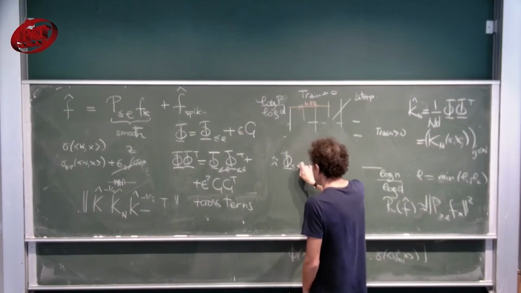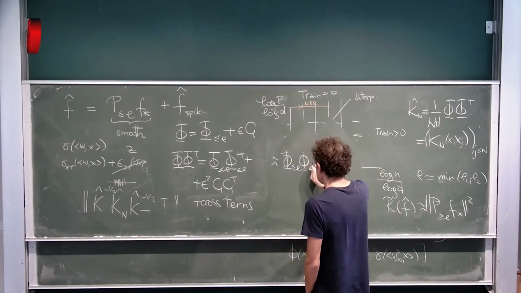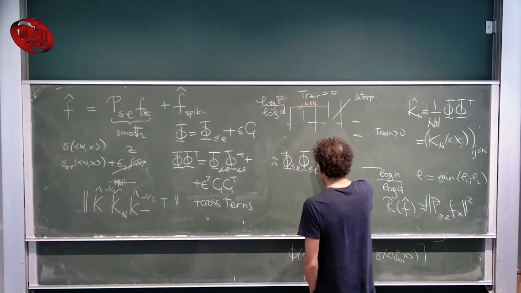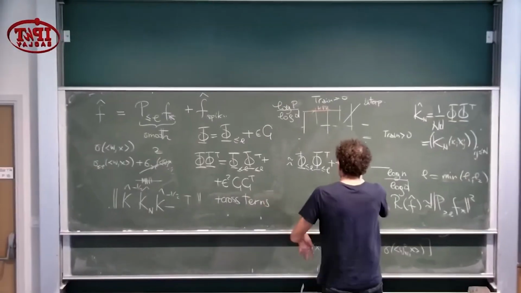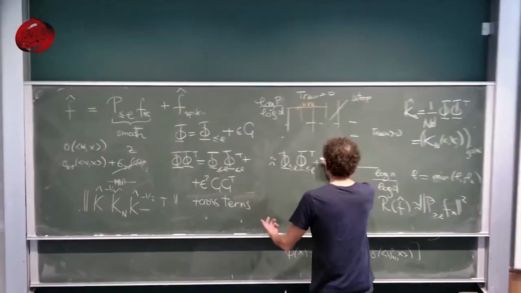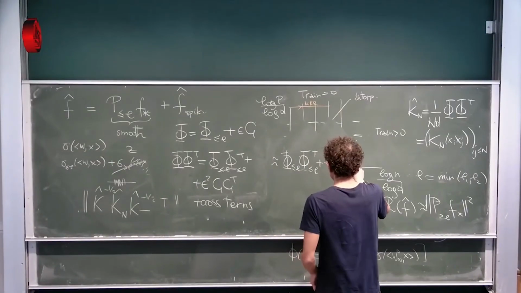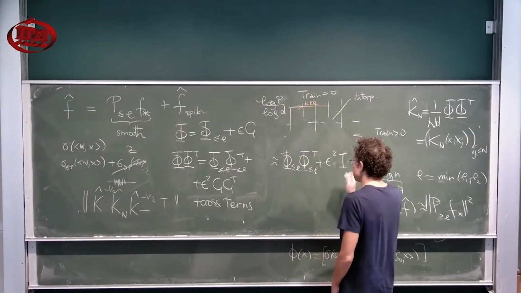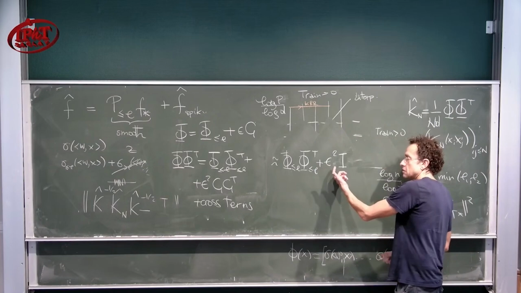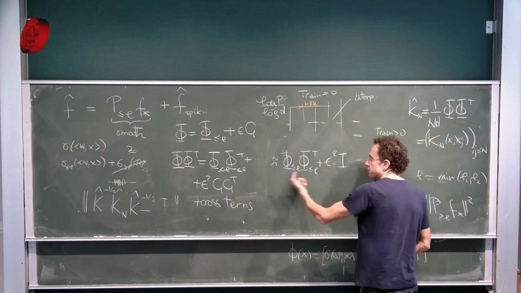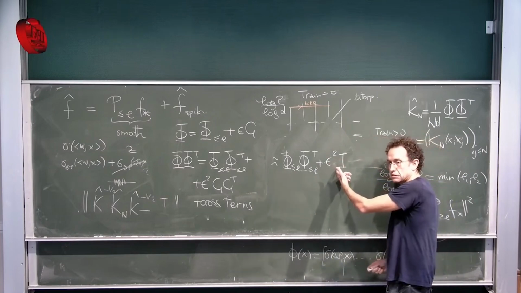So this has less than L transpose epsilon square. The expectation is identity, plus the cross term at 0. Right? So here the noise in the features may be translated into the